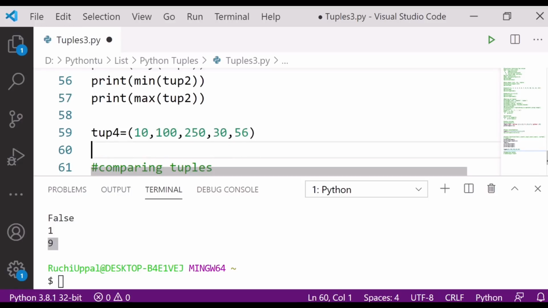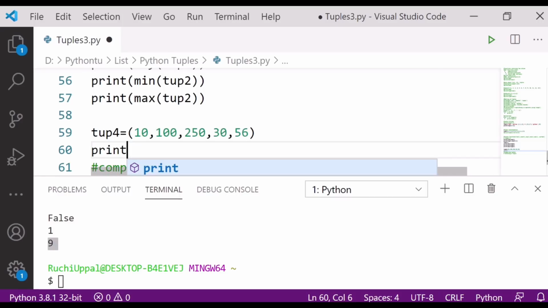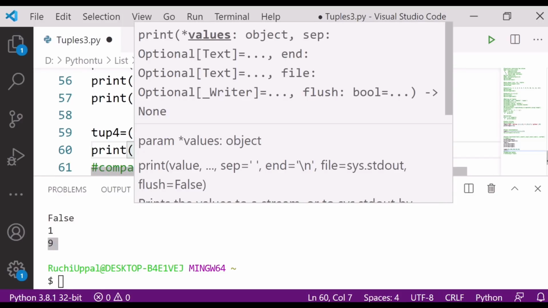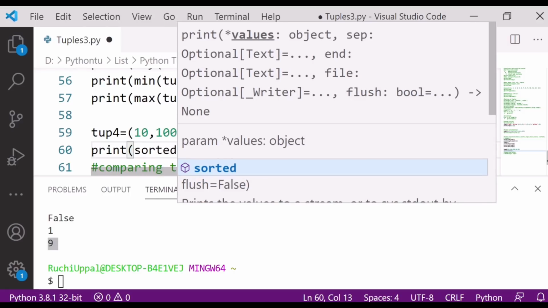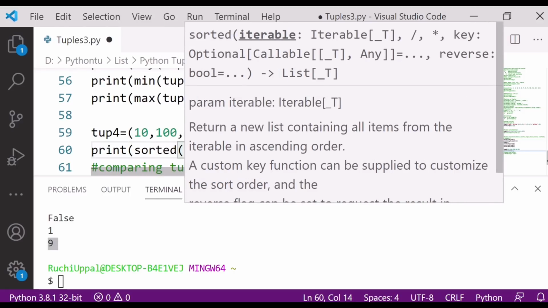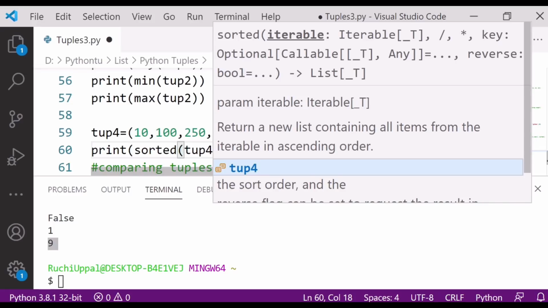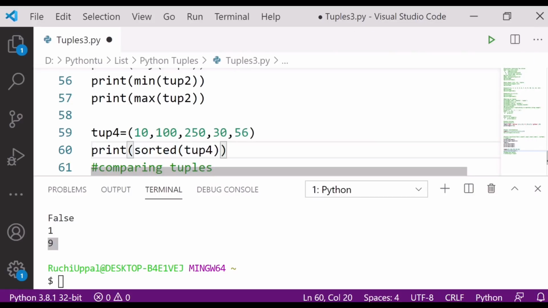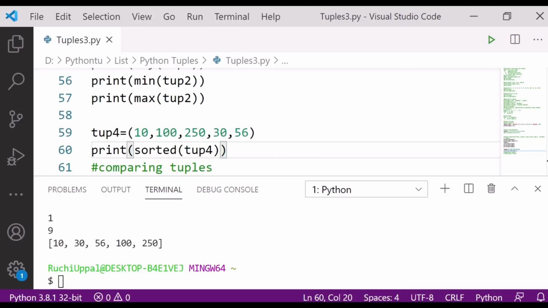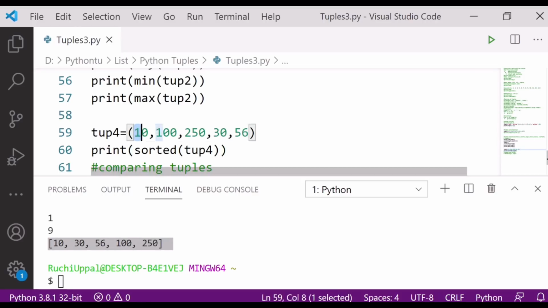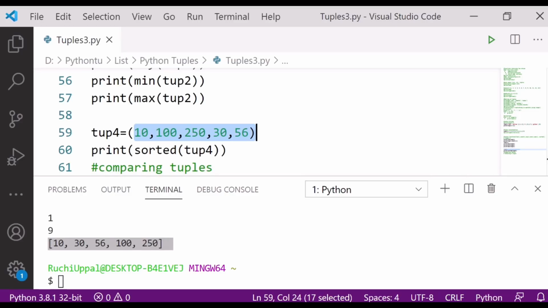Then I use print sorted, whom do I want to sort, tuple 4. Control S, and then I will run. So you can see here it is sorted.